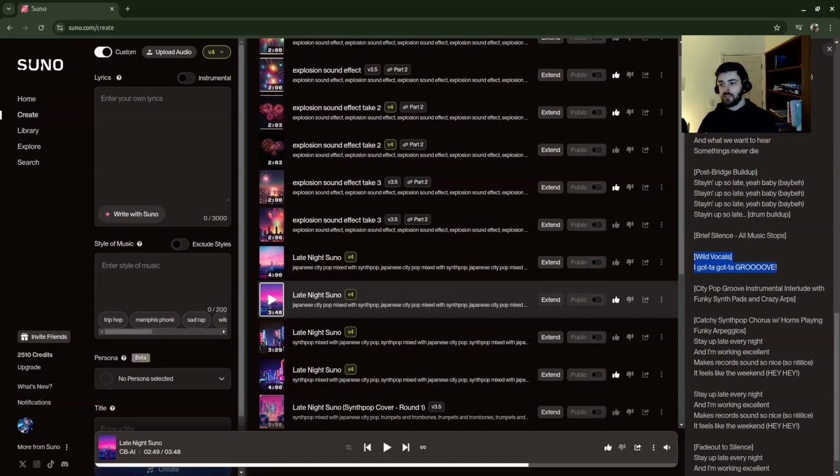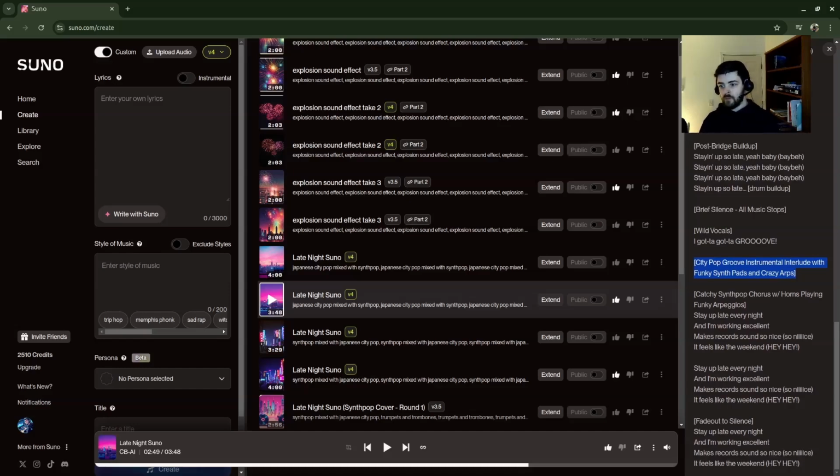And then it went into a quick interlude that does a little bit of funky stuff, but then it goes back into another drum buildup, and then it does another silence. So it kind of took my tag, went back, repeated that a little bit, and then it went into my full instrumental interlude. So again, like I say, that was really good. It's good to be open with the AI giving you something even more creative than possibly you had thought of. And that's about all I wanted to cover on that one.